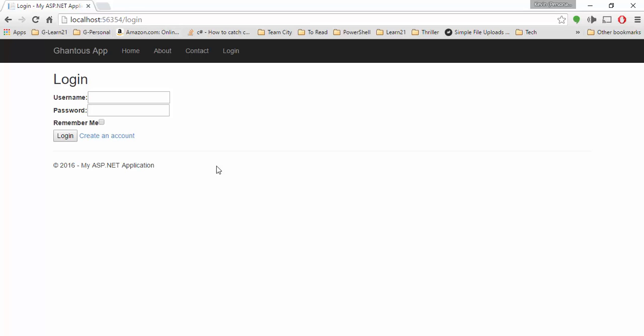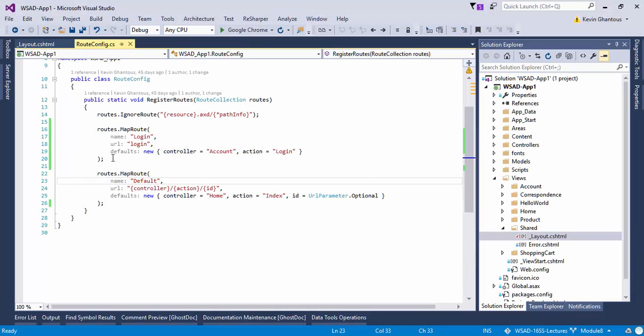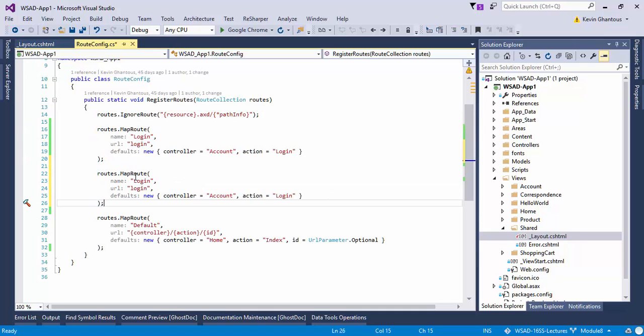So it's very powerful to be able to do things like this. So let's go ahead and do another one just as a quick example. So let's make our logout the same idea. So we'll just copy this and we'll change this to be logout, and we'll change this to be logout, and then we'll point to the logout action. So we'll go ahead and build,